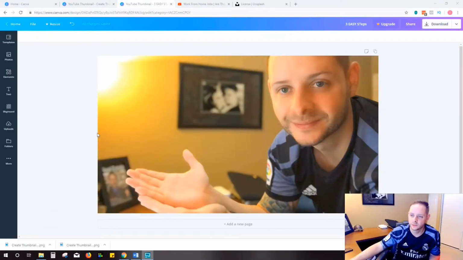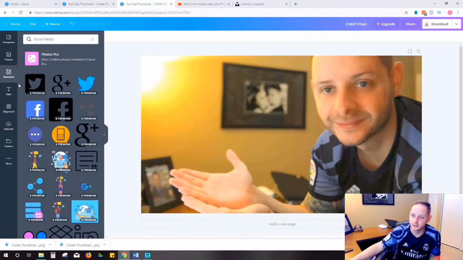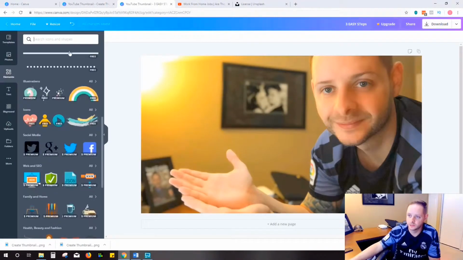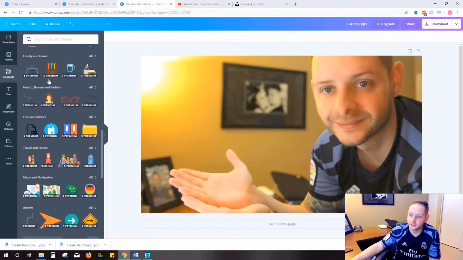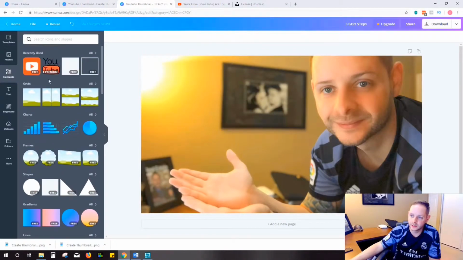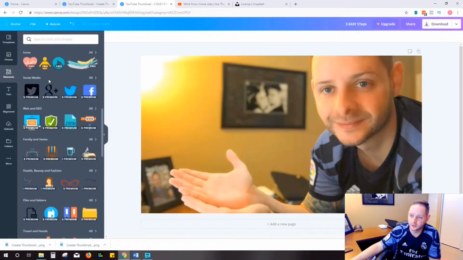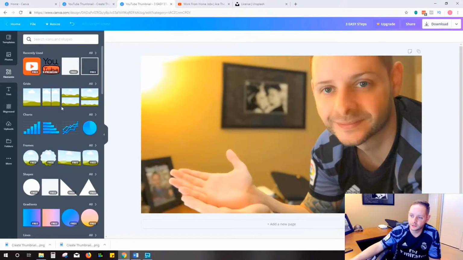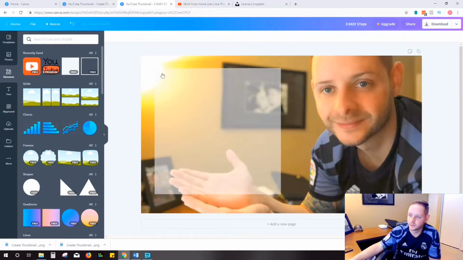So now what you're going to want to do is go ahead and come over here to the side where you have options to add different elements. And you're going to click on Elements, and I already have social media typed in there, but you can see here that there's all different kinds of elements that you can add to your video simply by dragging and dropping them. For this example, what I'm going to do is go ahead and pick a shape,